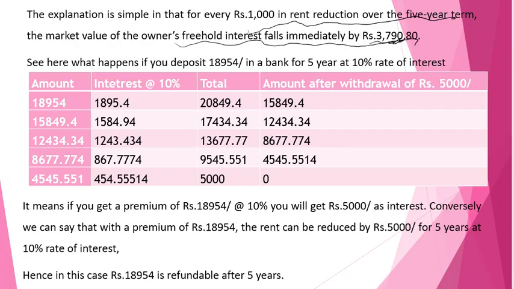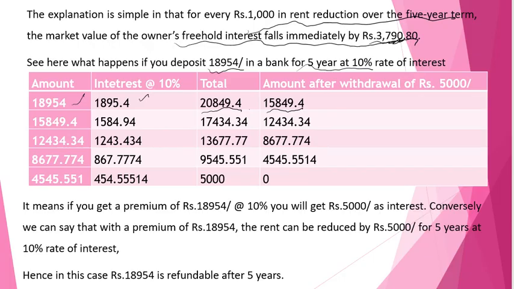So here is what, if you take in the reverse order, let us suppose, if you deposit 18954 for 5 years at 10% interest, so you deposit this amount. This is the first year's interest at 10%. It means your total amount will be 20849.4. If you withdraw 5000, you will be left with